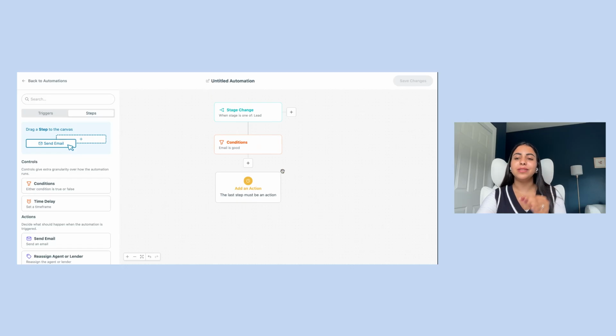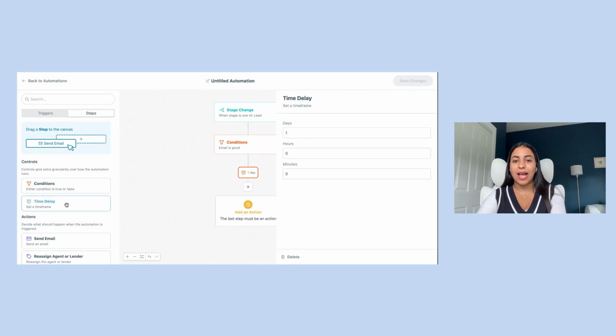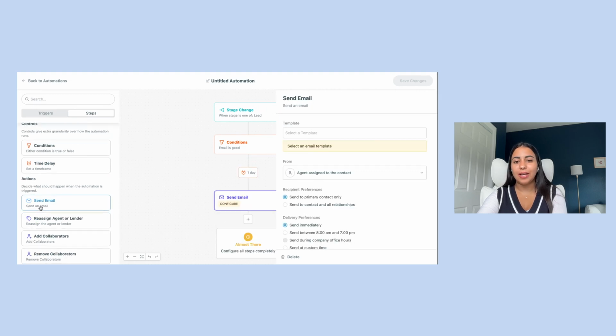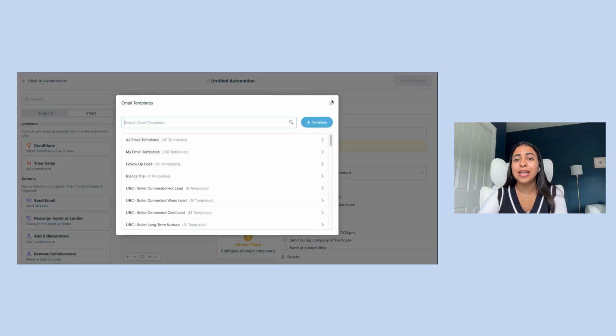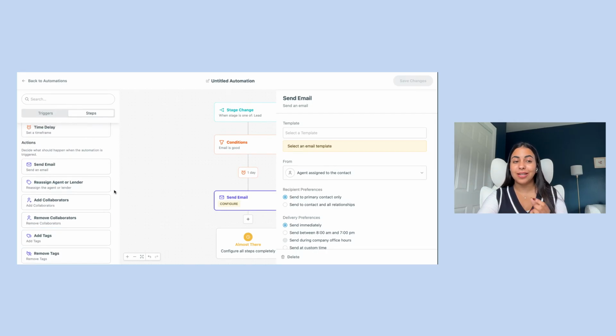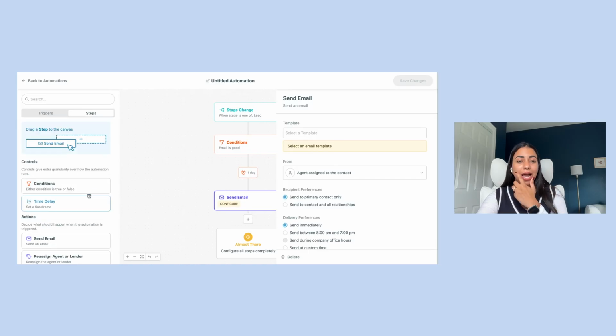Here, we're going to build the action plan inside of the automation. So I will start with adding a time delay, let's say 1 day, and then I'm going to start adding the email that I want to send and select the template and then keep going through it. So it's basically building action plan and automation in one place. So it's a great thing that it's all now in one place. I'm going to show you some of the best practices, but let's go a little bit to the back of